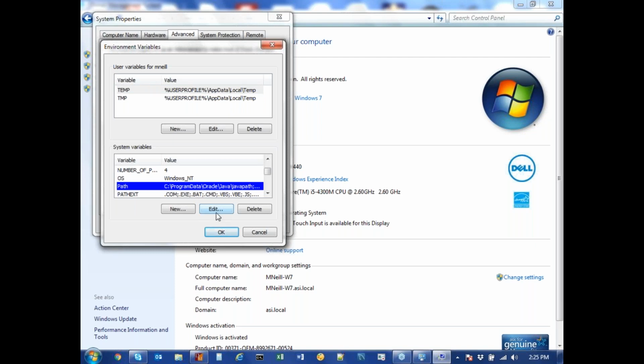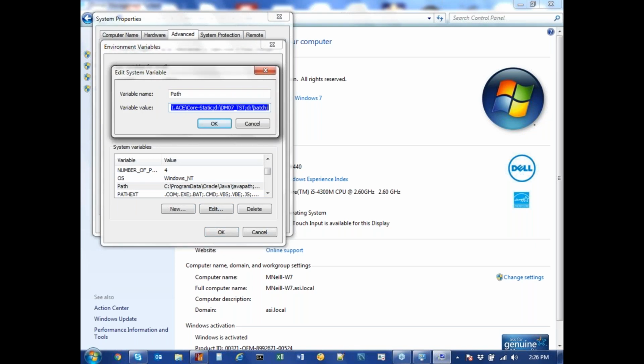If that's grayed out, then it means that you don't have the ability to do that. In some cases, you may not even be able to get this far within the steps. But assuming that you can get this far and you can click on Edit, what we have now is a variable with a value which is where we need to make our modification. Now, in this case, I've already set this one up, but you can see here, I've got this